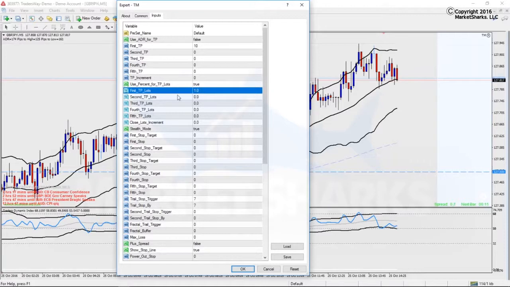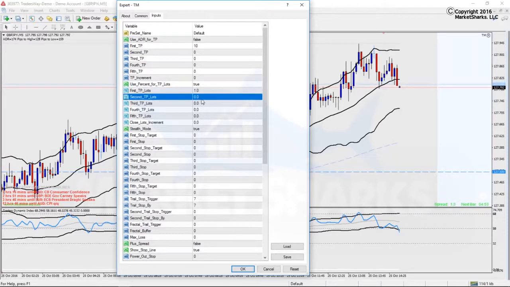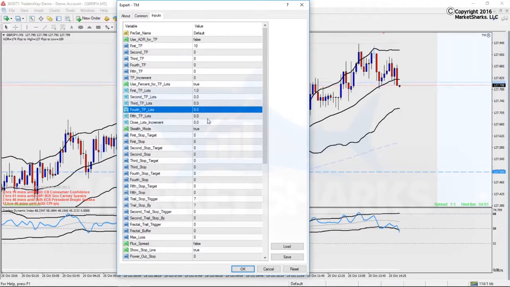Now, if you want to have 2 take profit levels, you can put this to 0.5, and that'll take off half the position at whatever your first target is, and then you can set a stop to break even and then have a second target for the remaining half, okay, if you want to do that. But I don't do that. So what I have is I just have 100% of the position there, and, you know, 0 here, 0, 0, 0, 0, true,